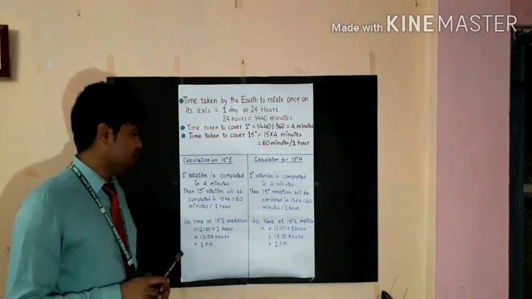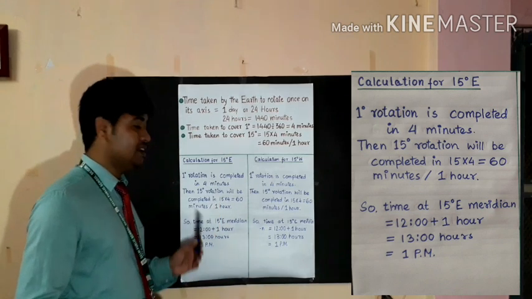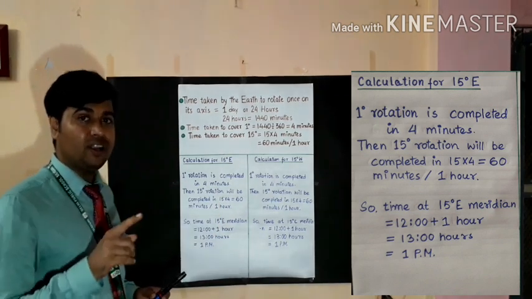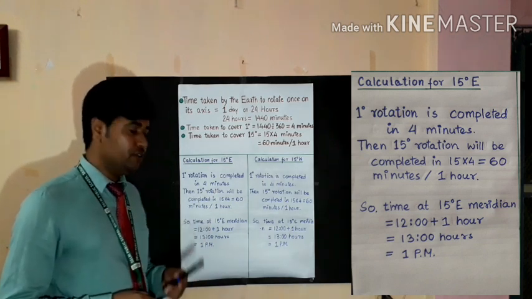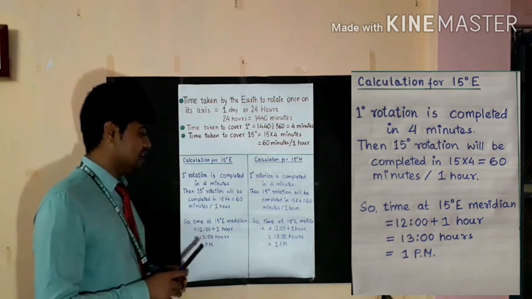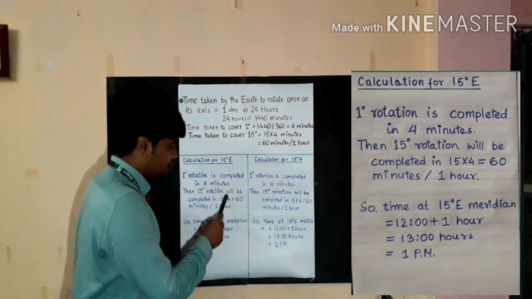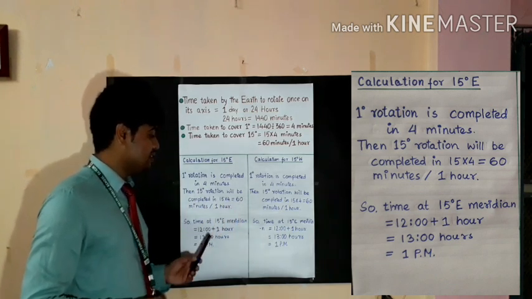As we know, 1° rotation is completed in 4 minutes. Then, according to the question, 15° rotation will be completed in 15 into 4 minutes, which is equal to 60 minutes